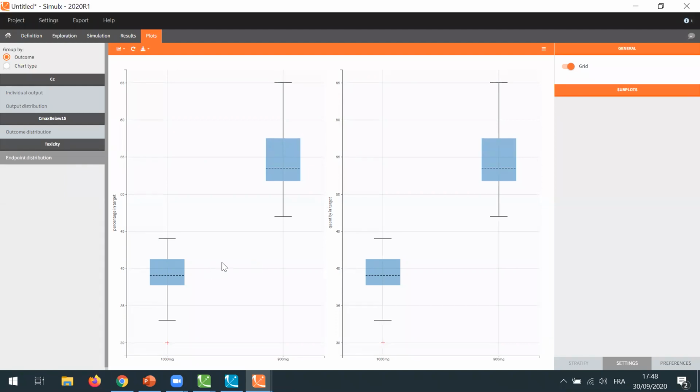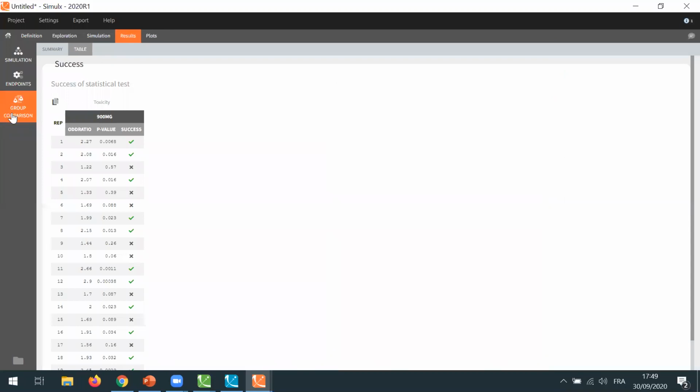And here I can see that the percentage of individuals who meet the toxicity criteria, so who are not affected by toxicity based on my toxicity threshold, the median percentage is around 40% in my first treatment arm and around 55% in my second arm. But this percentage actually varies quite a lot from one simulation to the other. So although the median percentage is quite different, the difference might not always be significant for each new simulation. And in the result, I can check this in the section group comparison.